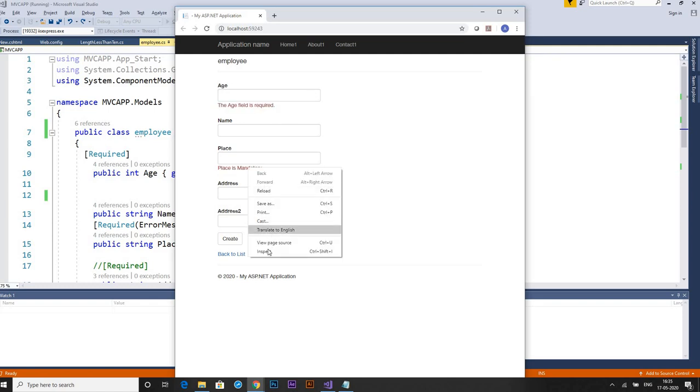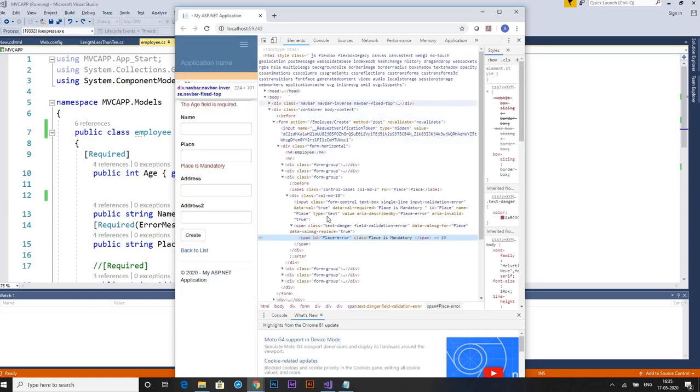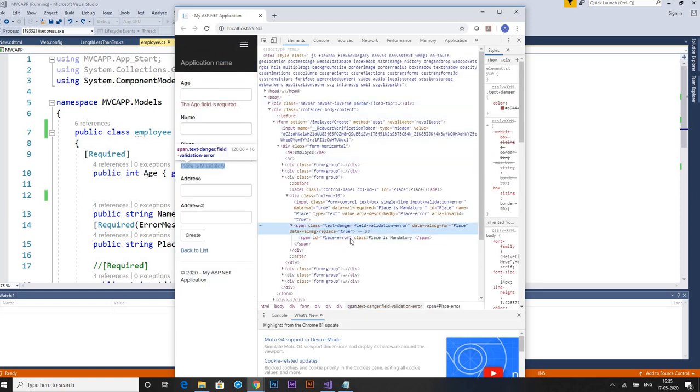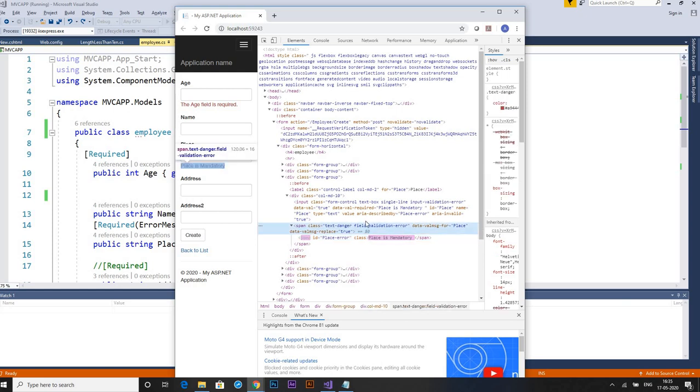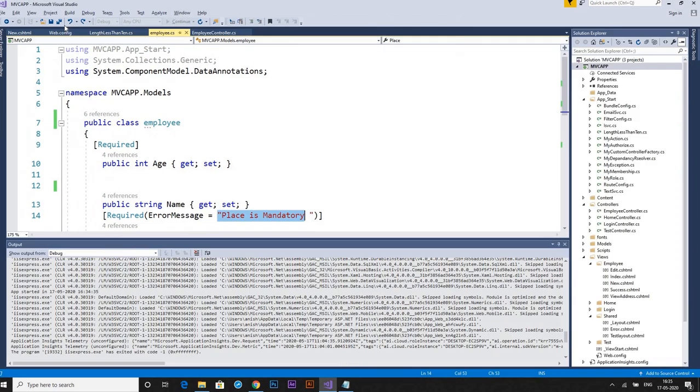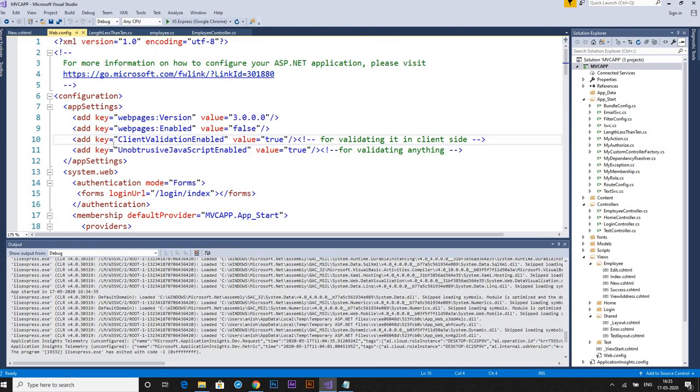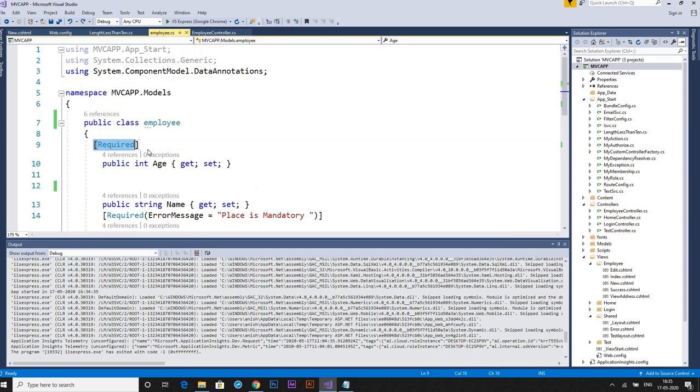So how this is displayed: if you inspect the element, I can see some classes added for this purpose, with the message already there in the HTML. The message gets inserted here with some classes which give the color of the message. Now whether this validation happens on the client or server depends on this attribute which is set here. If client validation enabled equals true, validation happens on the client side. So this is for required, which can be applied.